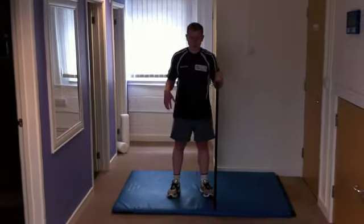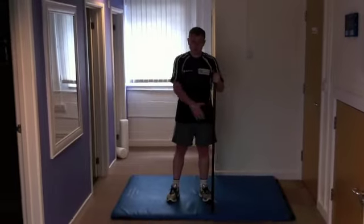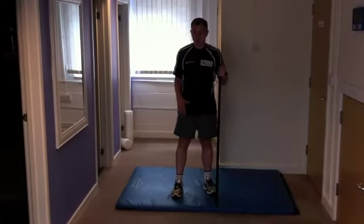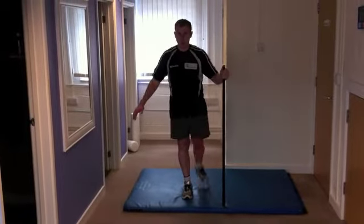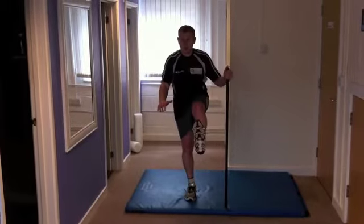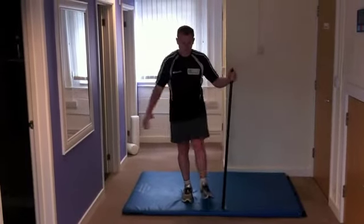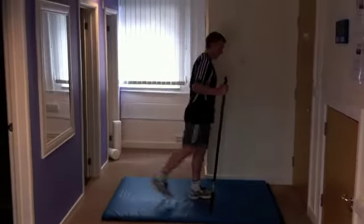Okay, we're just going to warm up the hips and the legs now. So we're going to place the broom in place of one of your legs. This leg is the one that's going to move. The other one is going to be planted. We're going to bring the leg into the middle, and we're just going to rotate or swing straight through. When you've done about 15-20 seconds or so, we're then going to bring it more into a kick. So we're going to flip back and kick. Show you with the other leg, sideways on, then you're going to come through, straight leg,